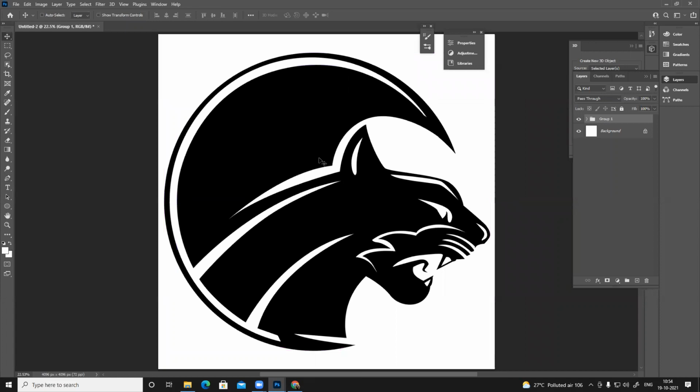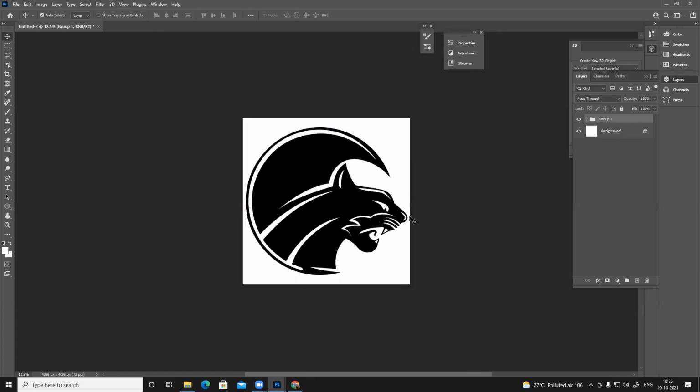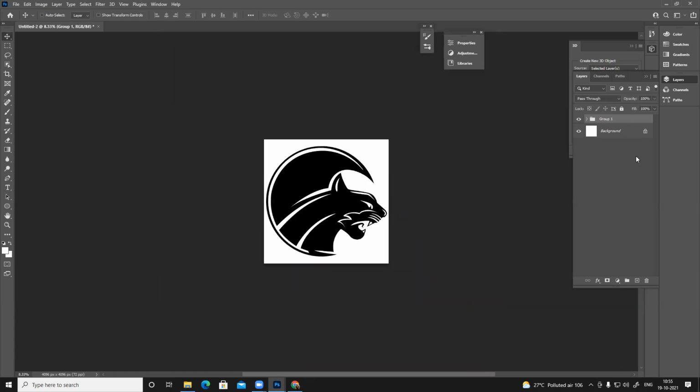If you create anything vector, you can reuse it multiple times at any size. There is no limit. There's increase, decrease, and we can add colors as well. This is just a black and white test. We can use color, we can use gradient, we can use a lot of things. Effects, there are lots of effects. We can use everything and create something really nice. And yeah, I can do this also, and I'll save my file.